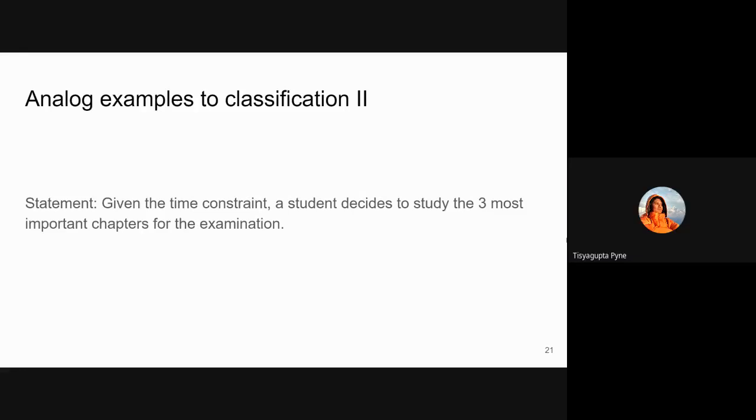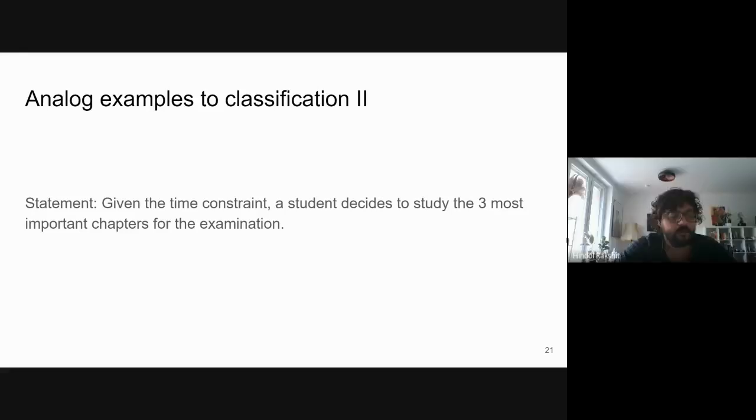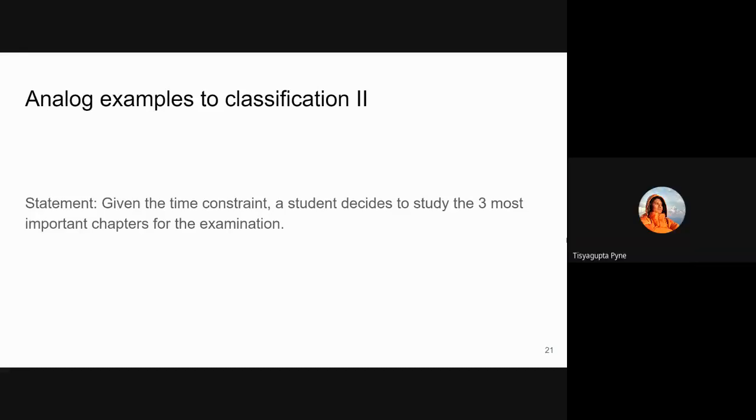The query is, I guess, the three chapters which I need to find which have the highest probability of coming in the exam. Yeah. So the outcome should be that out of those three, at least two come for the exam. And to classify that, I guess I need to see what came before. Tell me one thing, what is the database here? The database should be previous years' question papers, I guess.